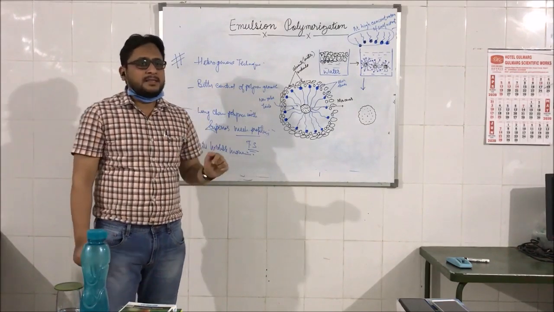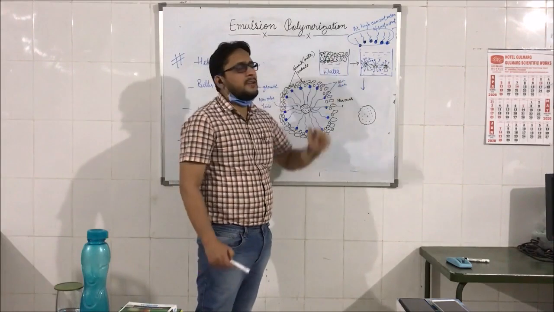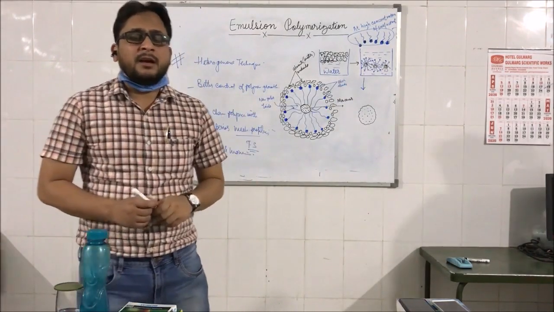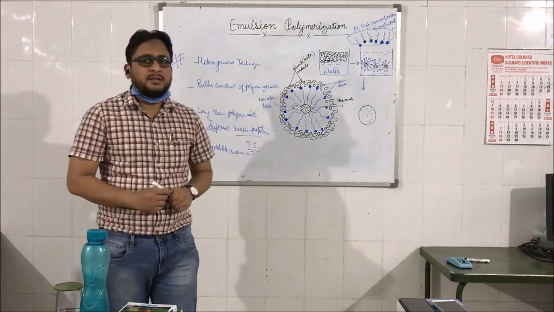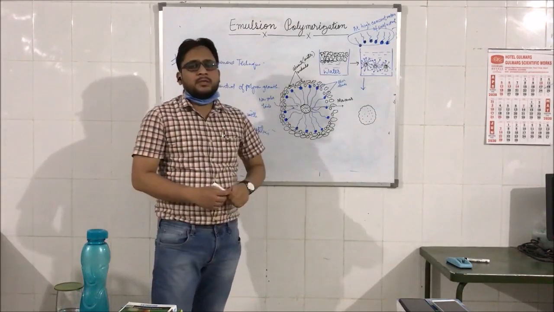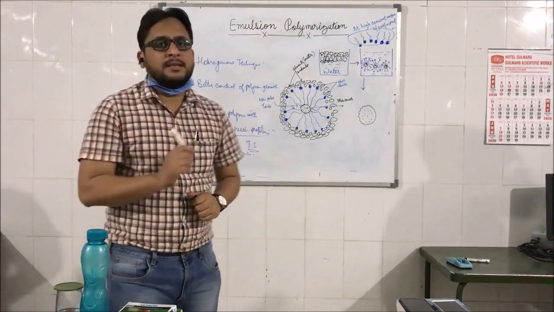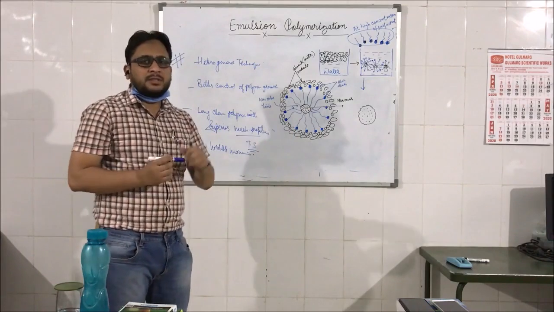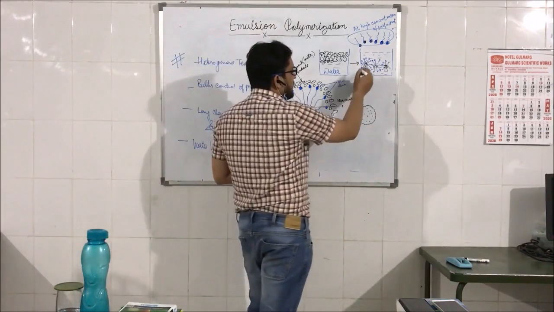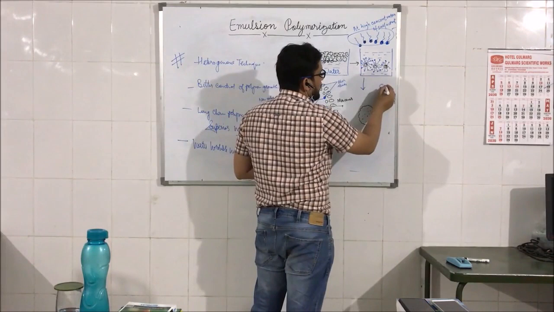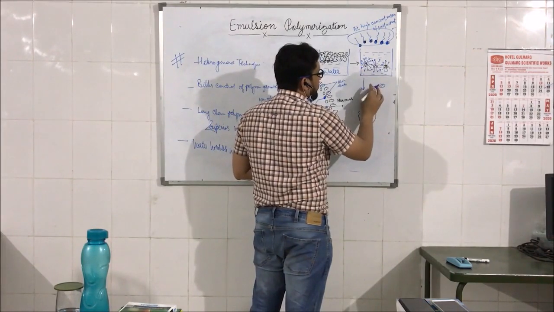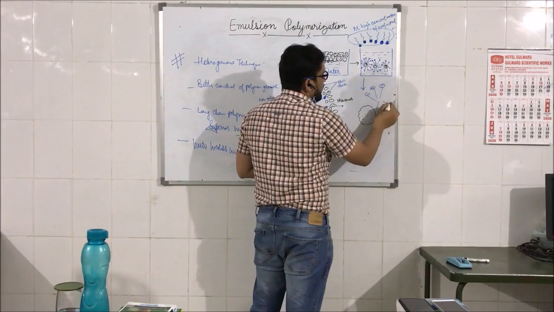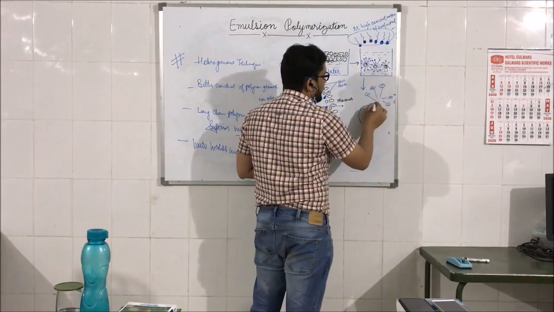Okay, but in this case, we take a very high concentration of surfactant, and I hope you are aware that at very high concentration, surfactant molecules form a micelle, which is represented here in this figure. At high concentration, these surfactant molecules agglomerate and form a micelle, and there are two possibilities of forming a micelle. Either